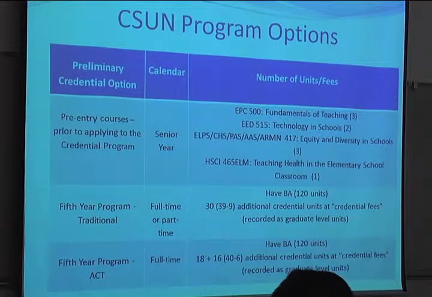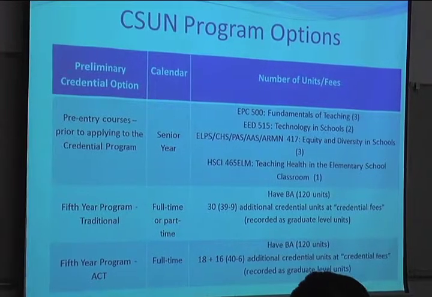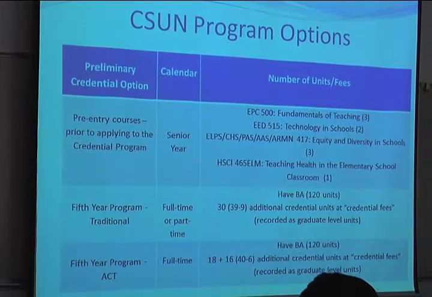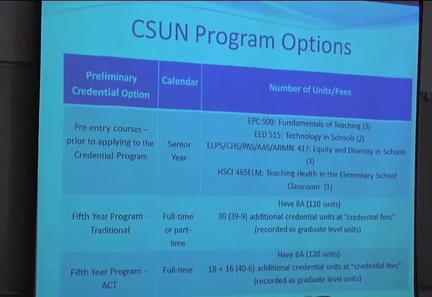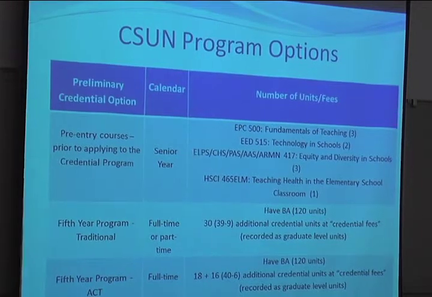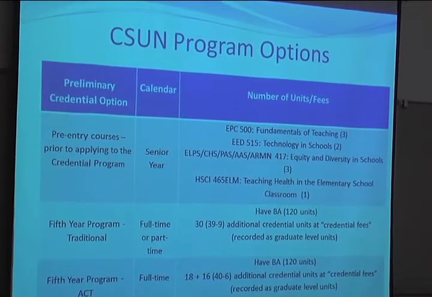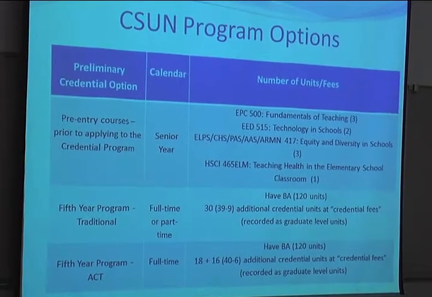And the first set of classes, you would take the EPC 500, so if you already took it, then that's done. The 520 class is a reading methods class. You've got your equity and diversity, so if you take that now, that would be done. And then the 515 technology course, that would be done as well. So you would only your first semester have 2 courses that you need to take. You can also roll into the second semester if you take these courses already. So you can see there's language arts, there's writing, there's mathematics, science, social studies, PE,